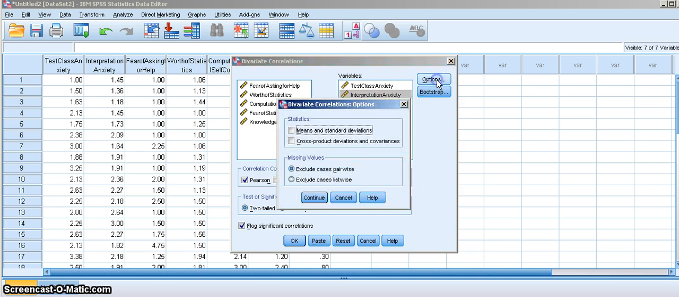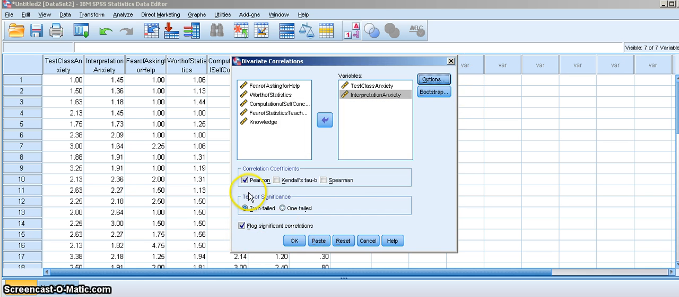If you would like, you can click on options and ask for the means and standard deviations of those. But we don't have to worry about that for now. So we have a Pearson correlation that assumes normally distributed variables. In this case, we're going to assume that these two variables are normally distributed. In the real world, what we have to do is test for normality and make sure that the normality condition is met before we can run Pearson correlation. If that normality condition is violated, we have to go a different route. So the next thing we have to do is just click OK,